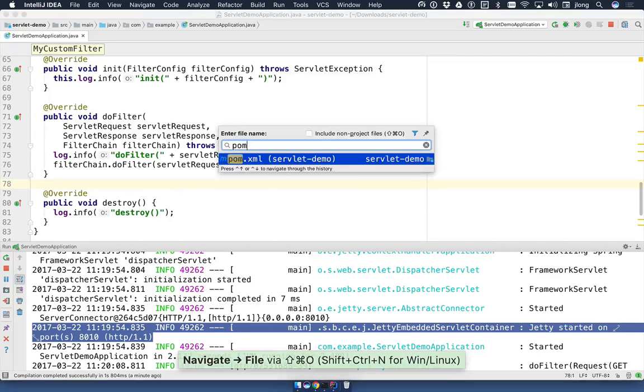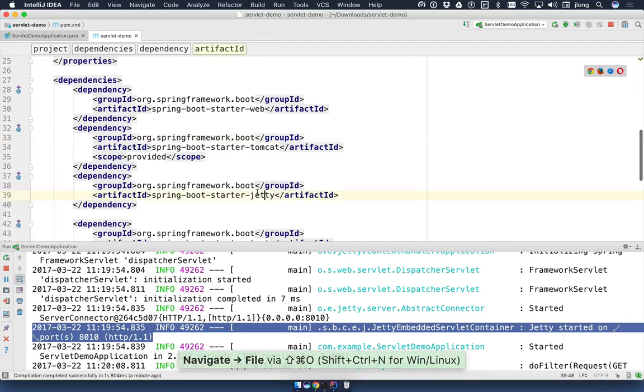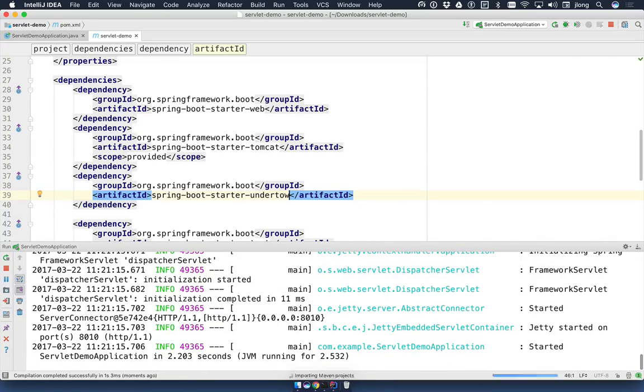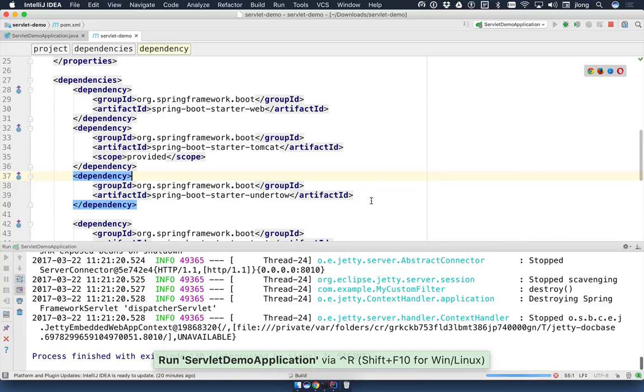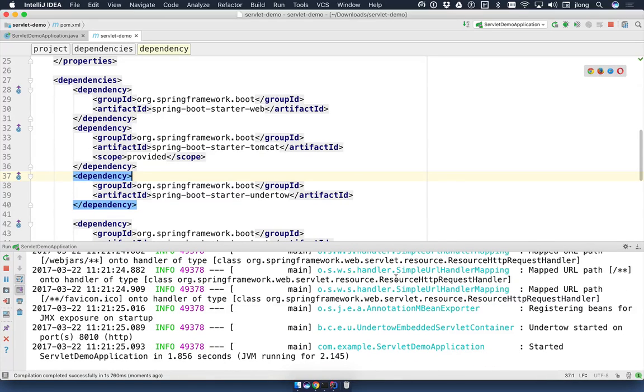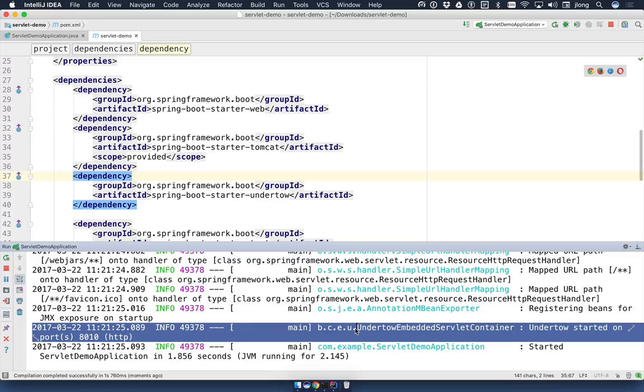So I can do the same thing for Undertow, replacing Jetty with Undertow, and restarting. And there's our application. Oh, I didn't give enough time to restart. I didn't give my IDE enough time to refresh its catalog of class path libraries. There we are, Undertow embedded servlet container. So we've now switched across these different implementations. We've looked at how to work with the underlying types, and again, you can take advantage of all the different features of these containers by using those